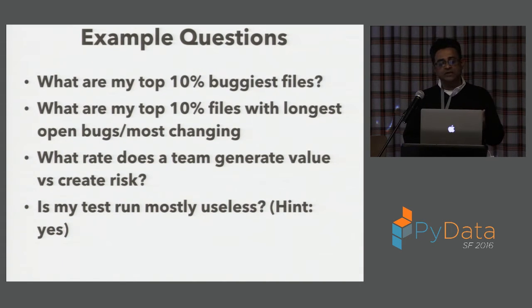And now I want to intersect this. What are my top 10 files that are buggiest and change the most? Because if I tell you that these 5 files have historically the most bugs, and oh, by the way, most people are working on them, your hair should rise at the back of your neck, thinking this is where most future bugs are going to come in. So can we correlate changes to bugs? And the real question is, what do we need to do that? And the funny thing today is that we can't correlate changes to bugs with the tools that we have.